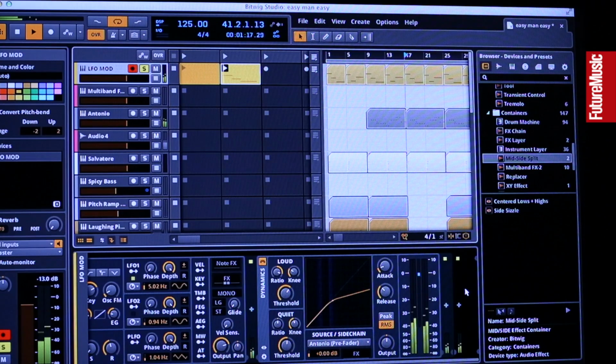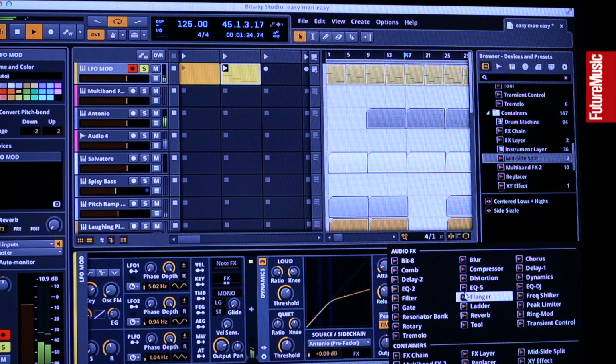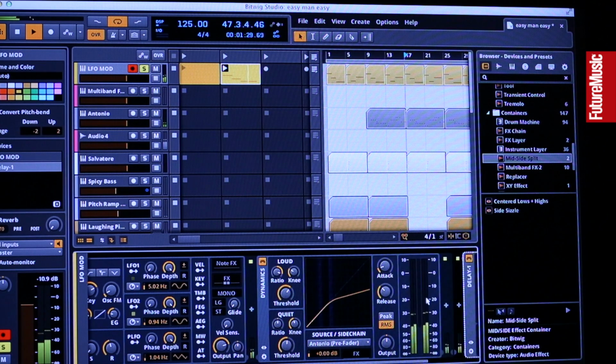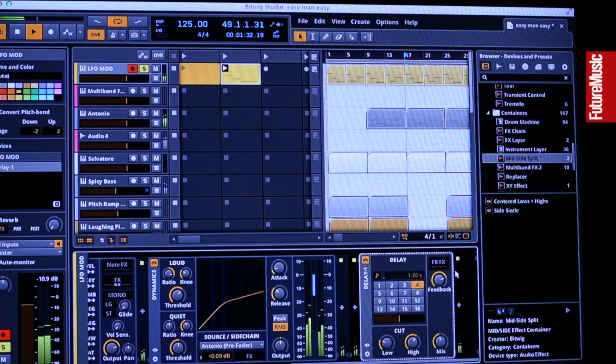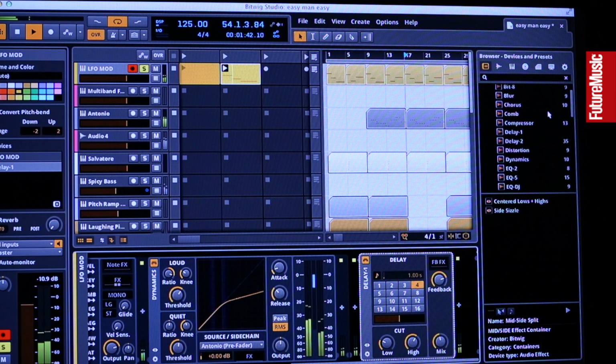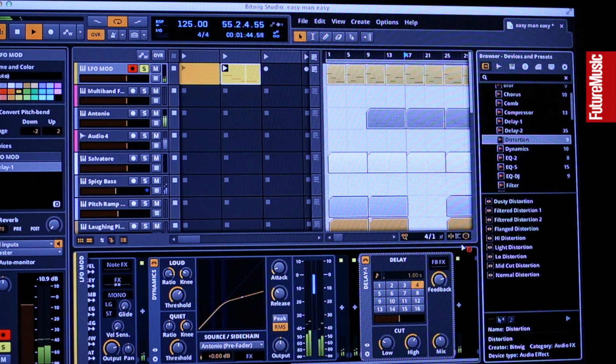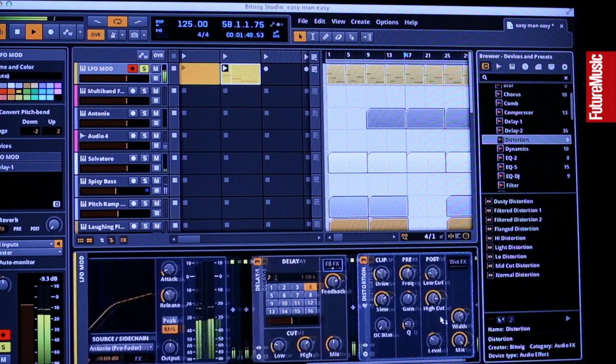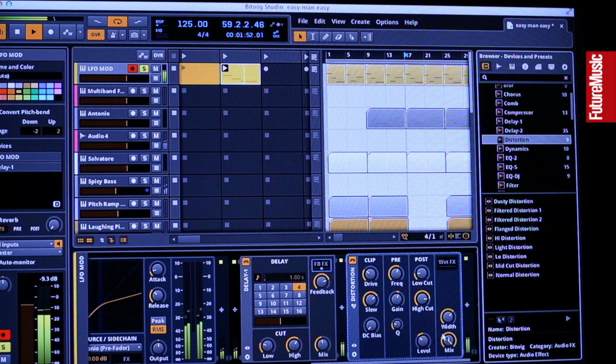So there we have our device chain, and another very interesting fact is that our devices are already semi-modular. I can show that with our delay effect. If you take a look at the delay effect, you have a little slot over there called feedback FX. What it does is, you can just grab another device, a Bitwig device or a VST, and introduce it into the feedback loop of the delay. Now it's getting really nasty because I put a distortion plugin on it.